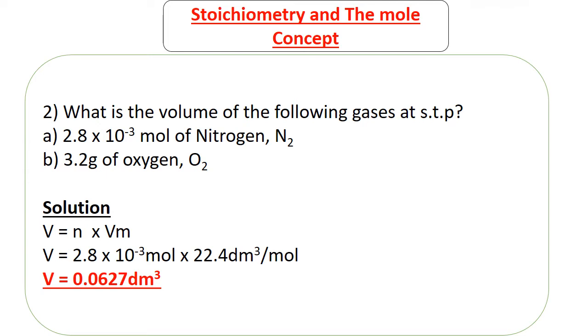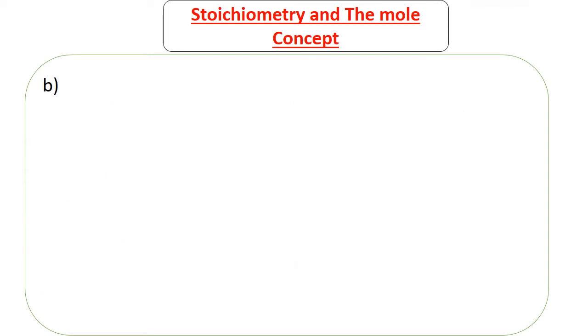We go to B. For B again, first, like I said, we have to get the amount of moles present in that mass. So we use the formula that we had discussed when we were talking about introduction to mole. n is equal to mass over molar mass. 3.2 grams is the mass being given. Molar mass of oxygen is 32 grams per mole. I'm sure you know how to calculate that. So when you divide, you're going to get 0.1 moles of